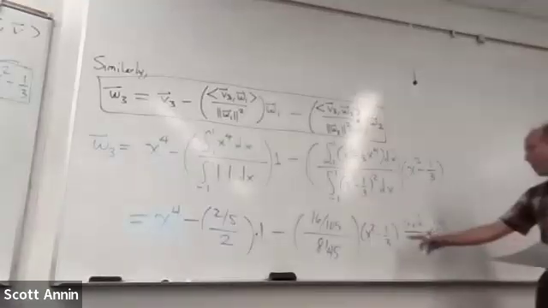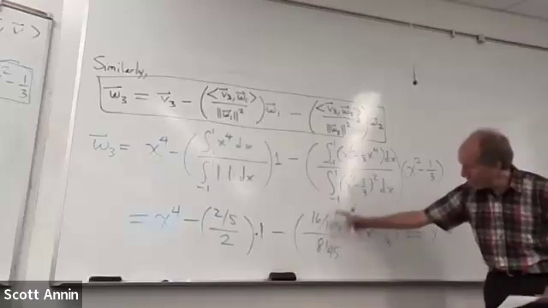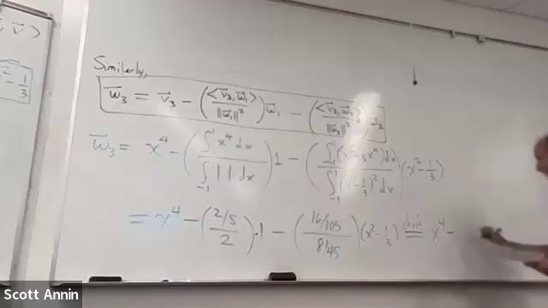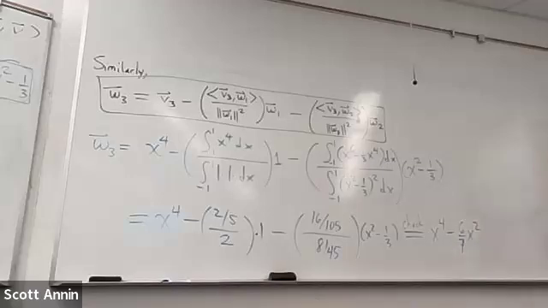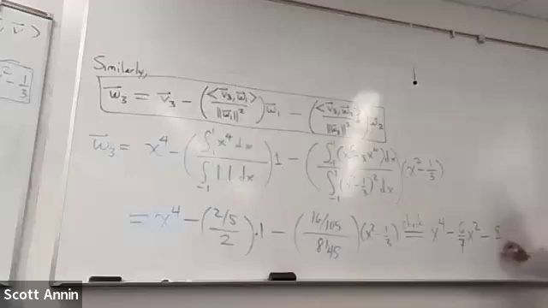And then there's also going to be an x squared term, which this coefficient actually reduces down pretty nicely to 6 over 7. So this is going to be 6 over 7 times x squared. You can check that. And then we have a constant term, which is going to be, again, I'll have you check this, 8 over 15. And that has a minus sign on it. So this is just cleaning the whole thing up. This would be the